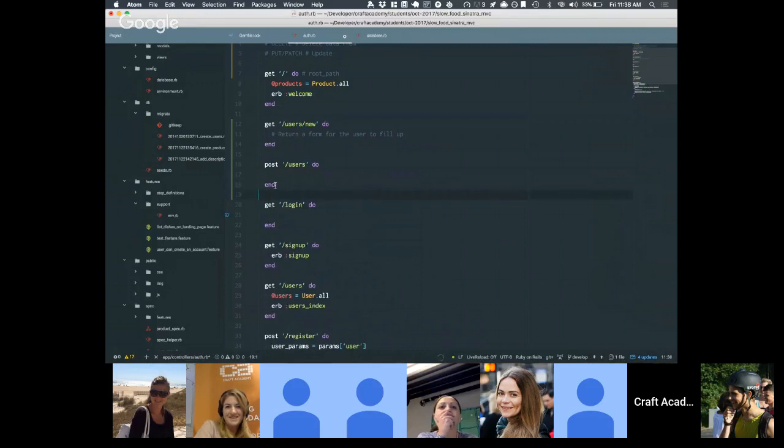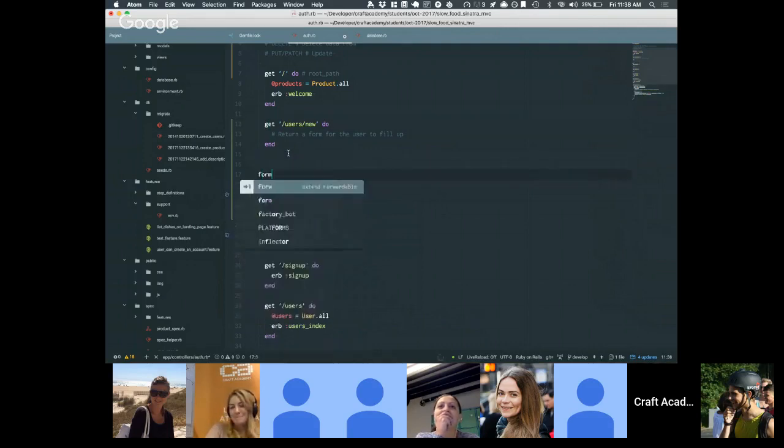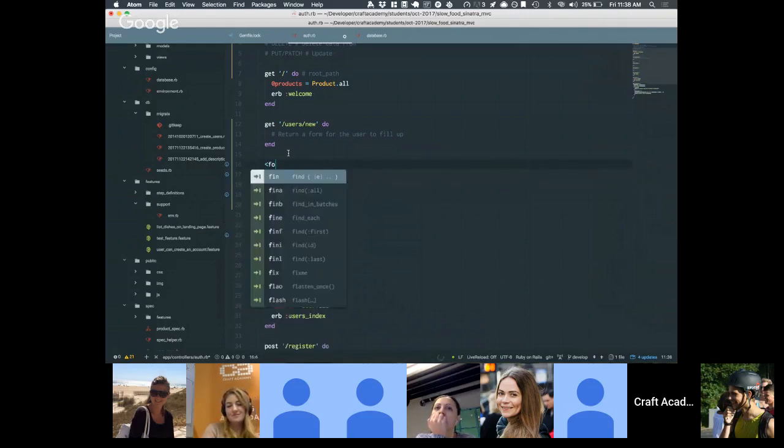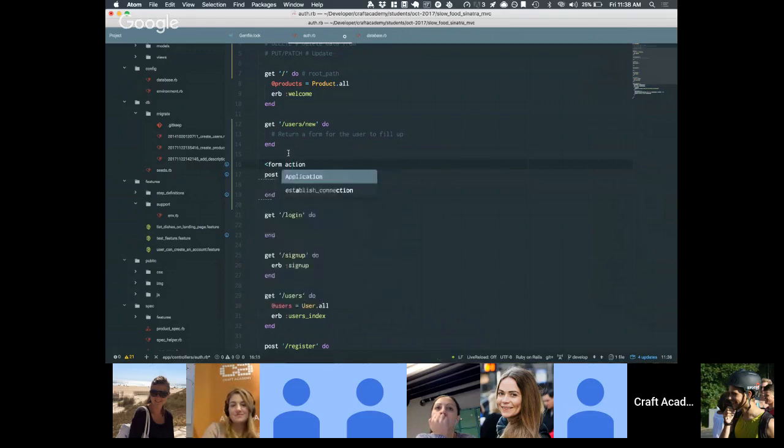Because in order for the user to submit the information, they need to have a form, right? And in order for you to serve them the form, they need to send a GET request to receive that form. Once they have the form, when you're defining forms, now this is HTML that I'm going to write here, you will usually have an action attribute that will need to take a route. Here you will need to specify a route to create the resource. And then the method is going to be